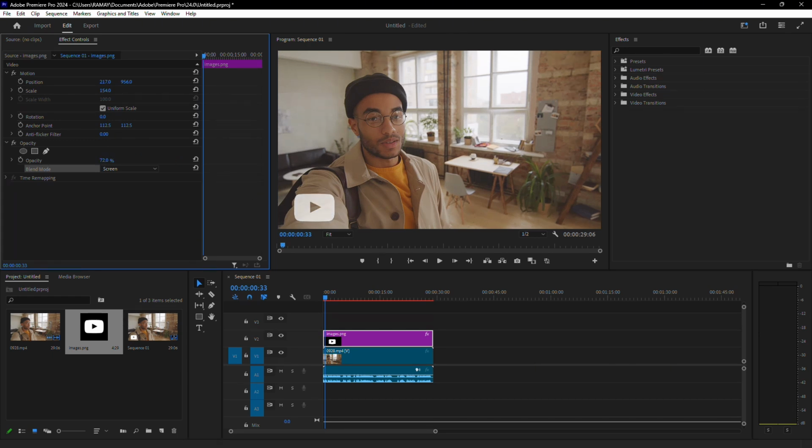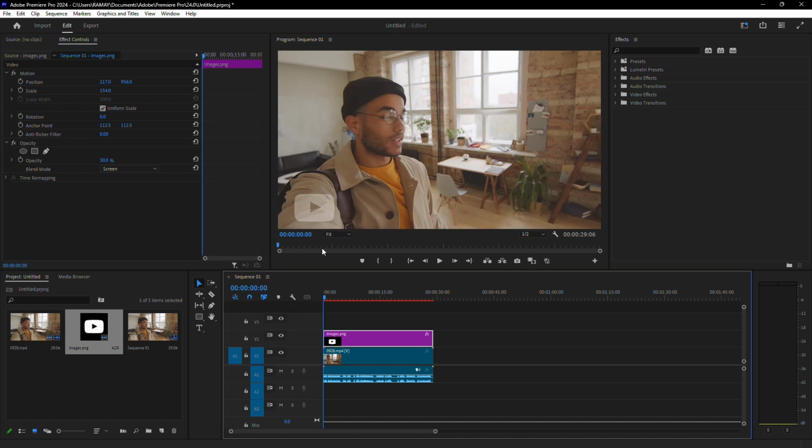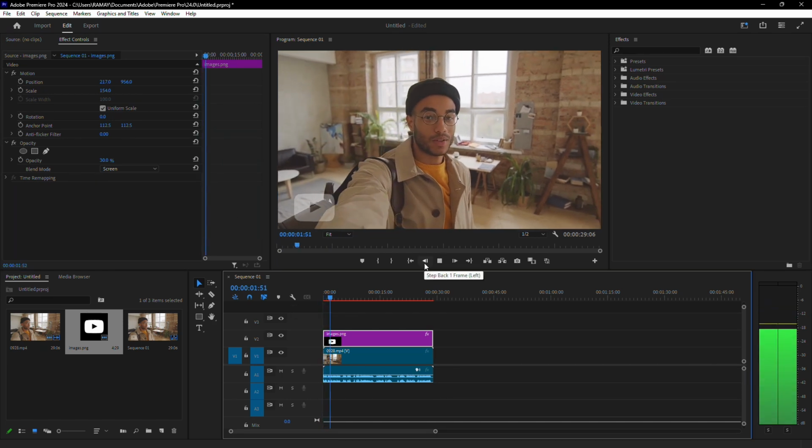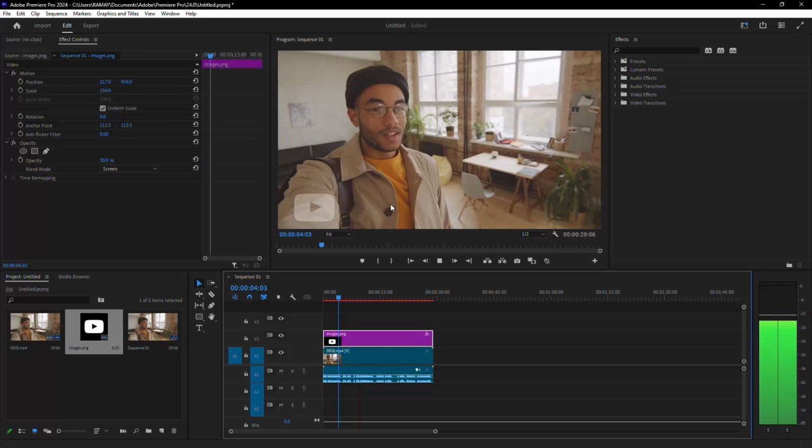Finally, adjust the opacity to make the watermark less prominent. A setting between 30% and 50% works well for most cases, but you can tweak it based on the look you're going for. Once you're happy with the placement, size and transparency, play back your video to make sure it